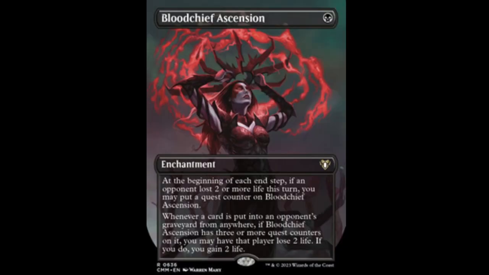Anyway, Bloodchief Ascension, 1 black enchantment. Beginning of the end step, if an opponent lost 2 or more life this turn, you may put a quest counter on the Ascension. Whenever a card is put into an opponent's graveyard from anywhere, if Bloodchief Ascension has 3 or more quest counters on it, you may have that player lose 2 life. If you do, you gain 2 life. Very interesting. Doesn't see a whole lot of play, really. But I mean, the entire Ascension cycle would kind of be cool, but I don't think it's something we really want to see in the Commander Masters, but